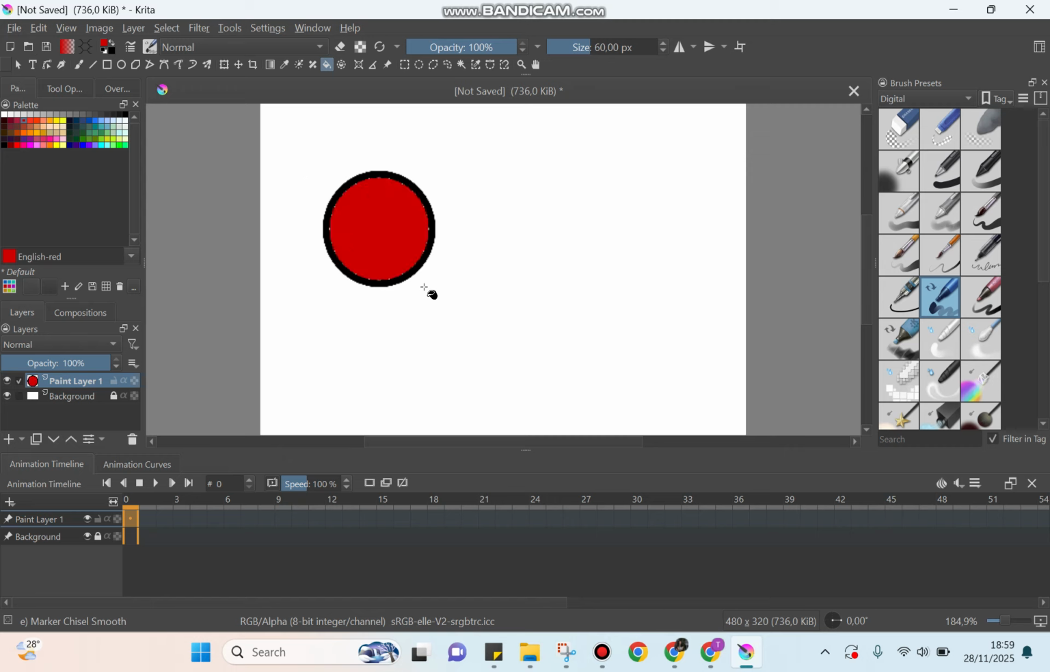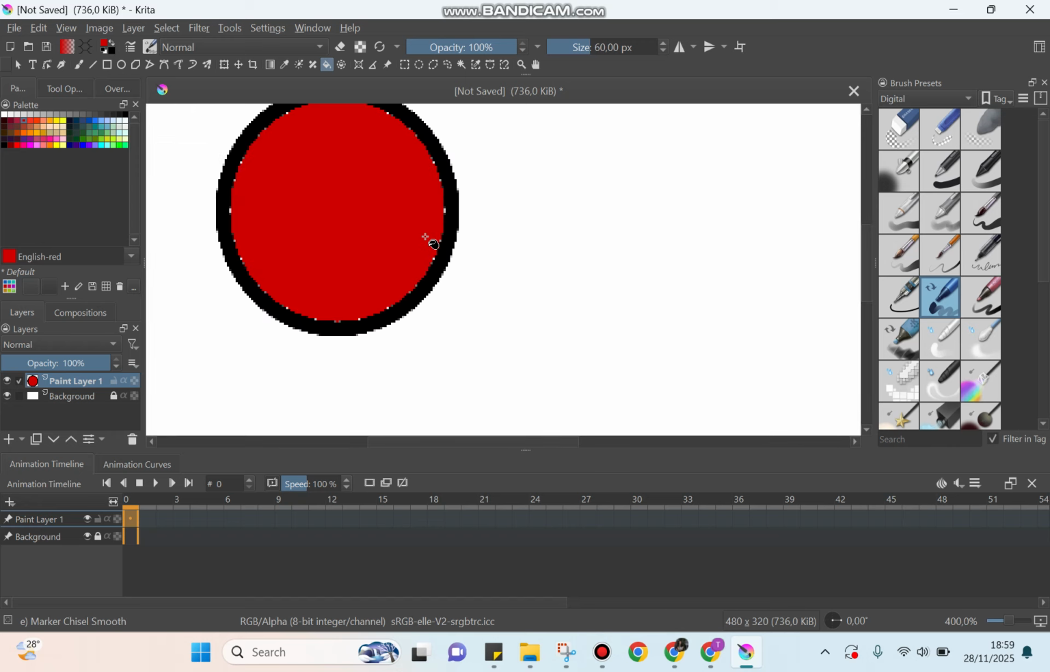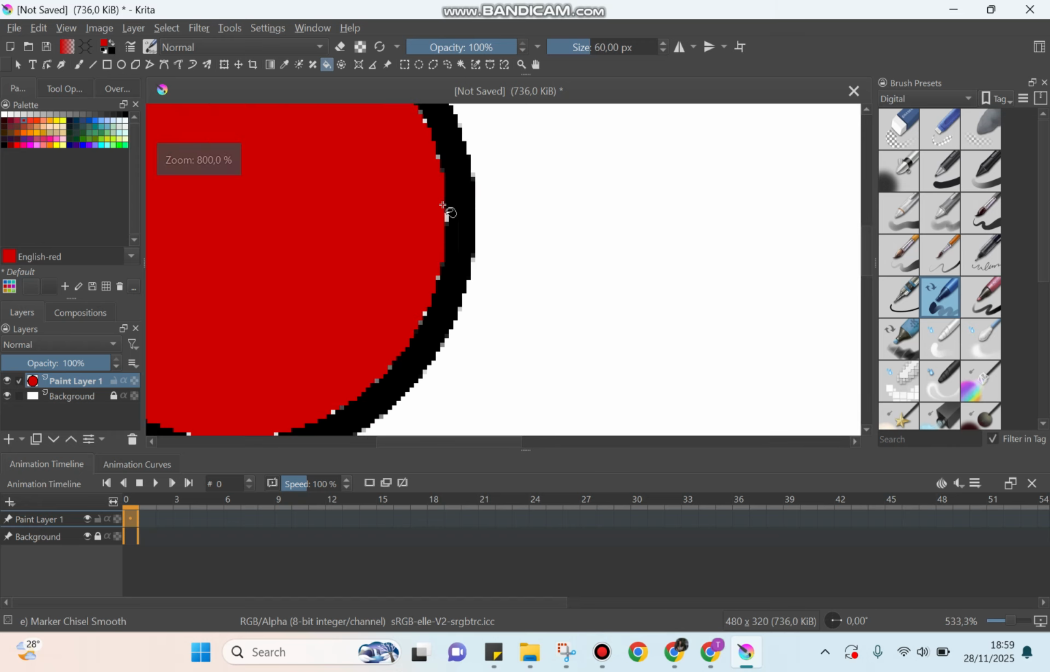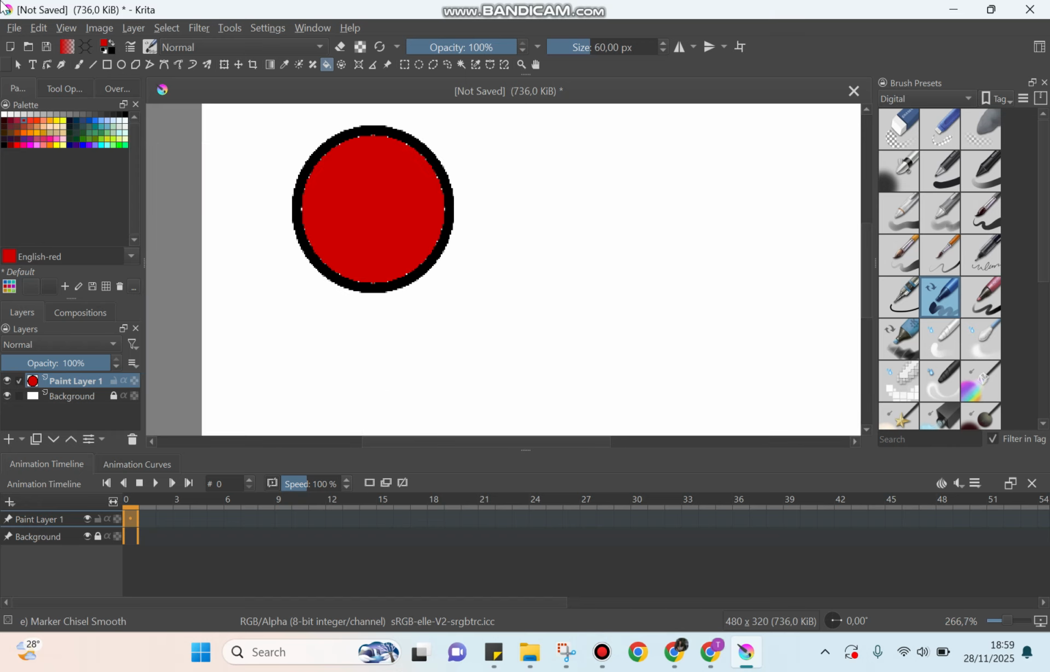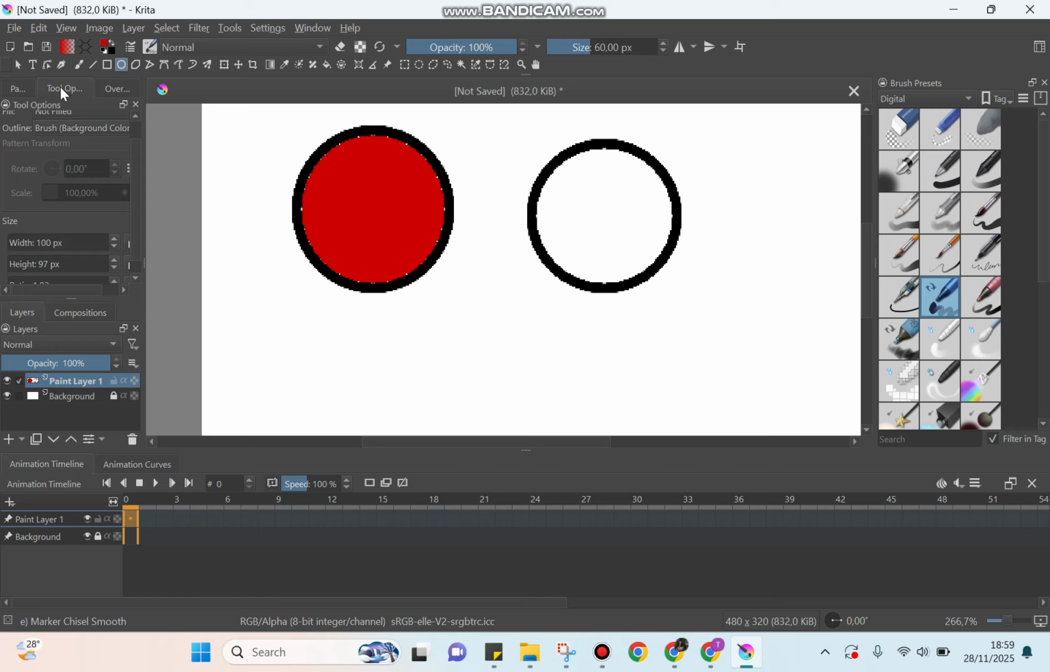And if you zoom in, you will see there is a section that is not filled by the color. And how to solve this problem? You need to create the ellipse again, and before you put the color here, make sure that you visit these tool options, and after that click this fill,